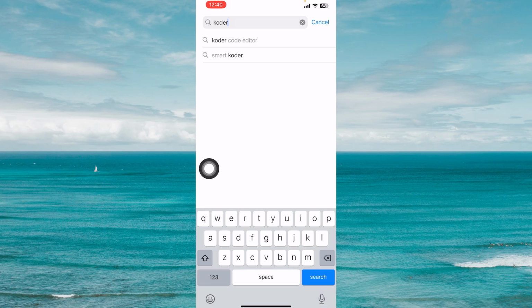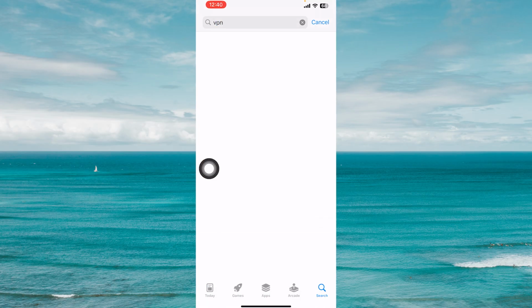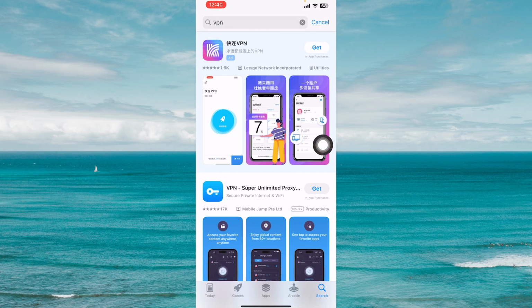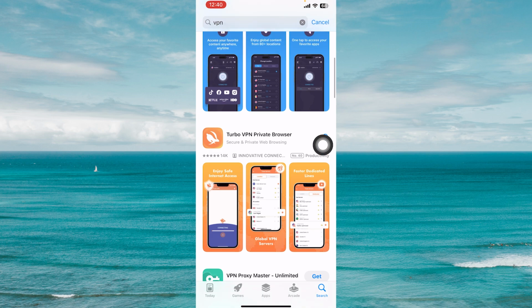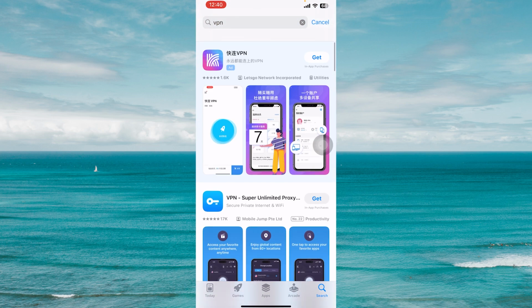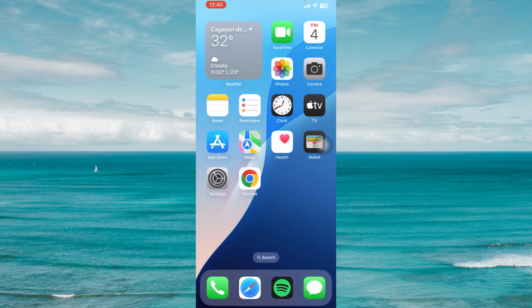Next way is to go to the App Store and we can search for VPN. You can then scroll through the free VPN apps and try to connect to it and see if your download speed